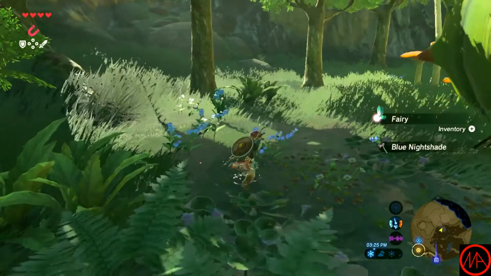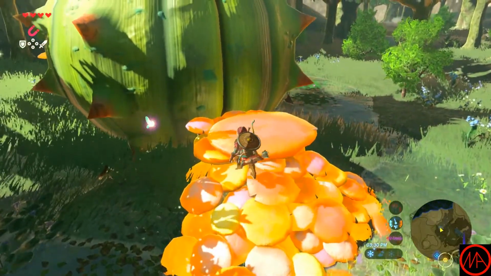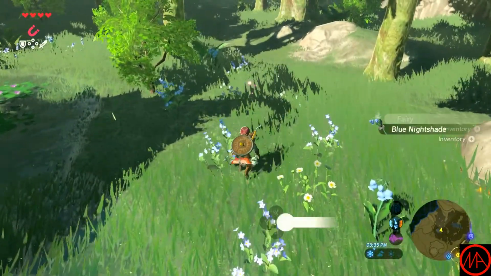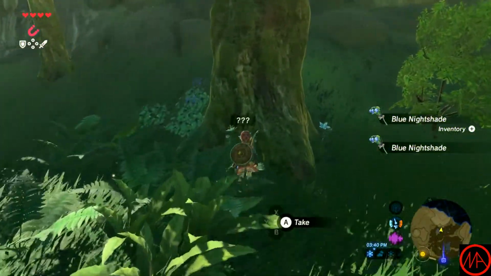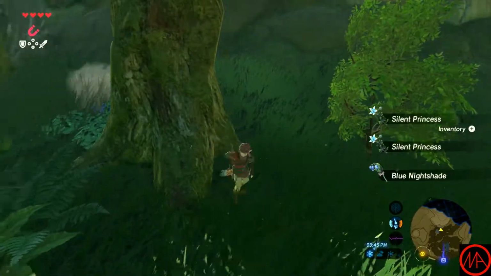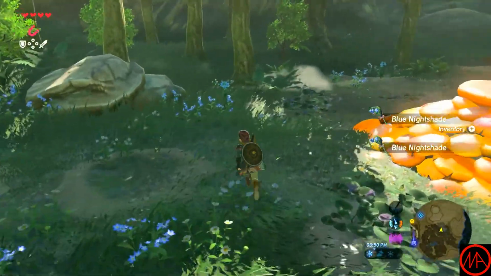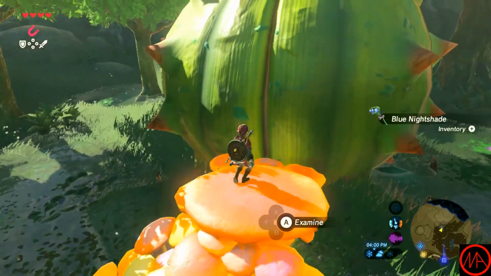Now, we also have some fairies flying around here, which work just like any other Zelda game. If you have one on you when you take lethal damage, it flies out and heals you up. You can also use them as part of some cooking recipes, which apparently doesn't kill them, and adds a lot of hearts to the recipe that you're making. They don't really get you a lot of money if you try to sell them, though. So, I would definitely not recommend trying to do that. If we come up here...